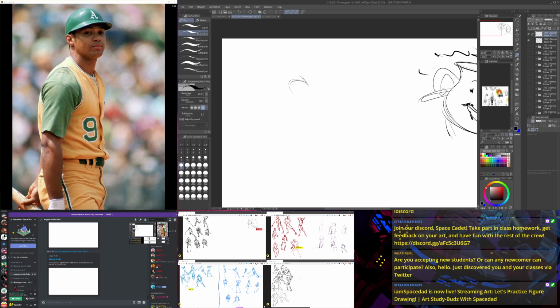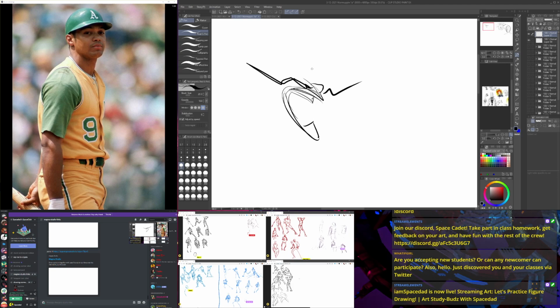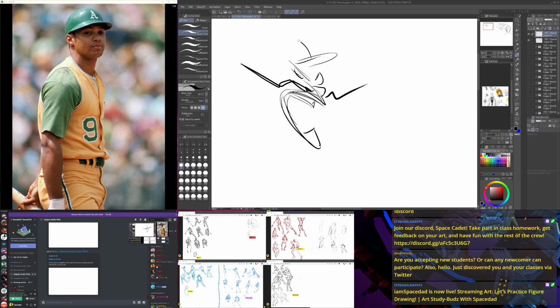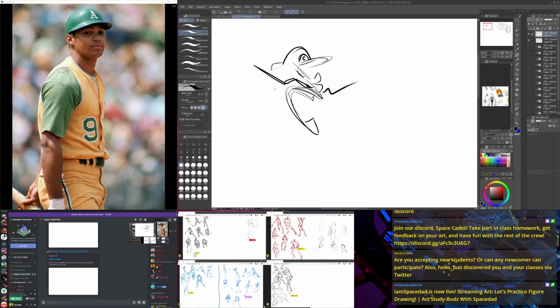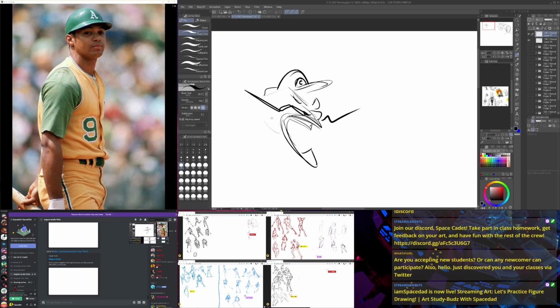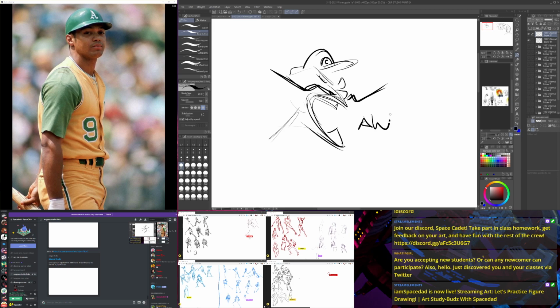I should have him briefly morph into Wario at some point, maybe. Something like this, just sort of like one of the ah yeahs. Like a little Wario Waluigi mustache.